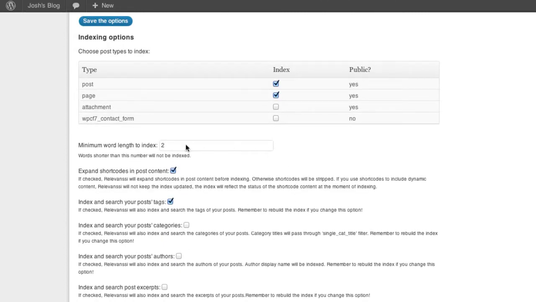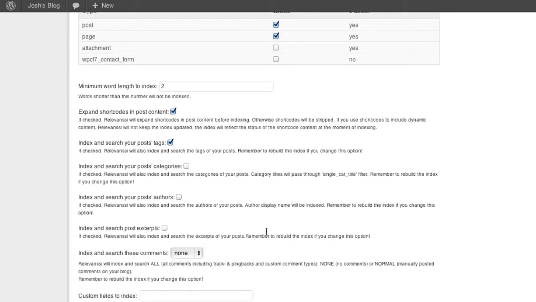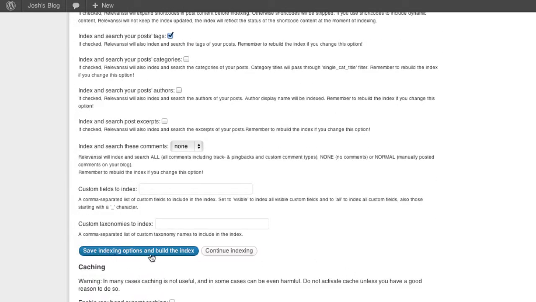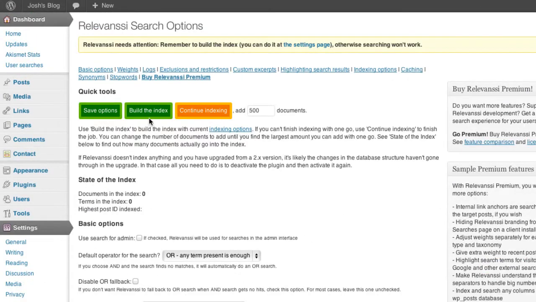So once you're comfortable with all the options there, you can come all the way down the bottom and click on Save Index Options and build the index, or you can go up to the top here and just click on Build the Index. And depending on how many posts and pages you've got on your site, this may or may not take a little while to do. Because my site at the moment is only fairly small, there's only 13 odd posts and pages, but I've run this on sites that have thousands of posts, and it does take a little while to